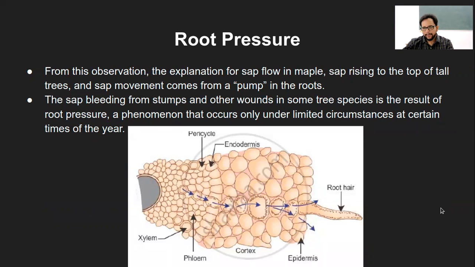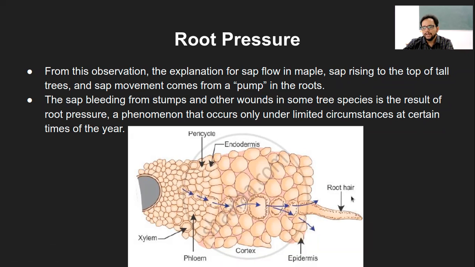Now, this part we can do in the next class, but let's have a look at this diagram. Forget about the arrows. The arrows are shown here in the wrong direction. Because this was one of the good diagrams available, I just took it. I will replace it later, but for the time being, the arrows are exactly opposite to where they are pointed.